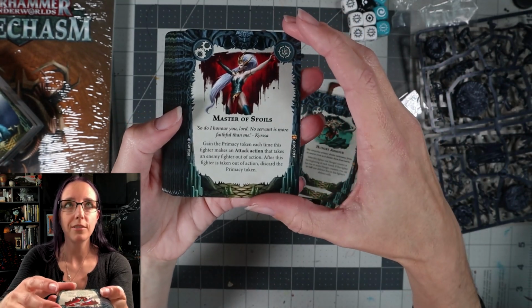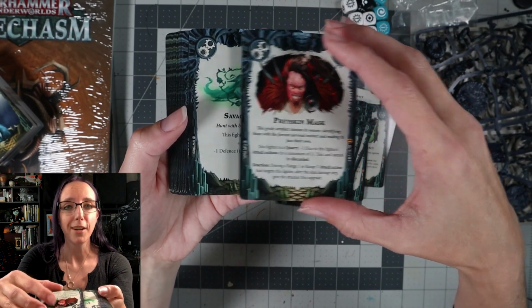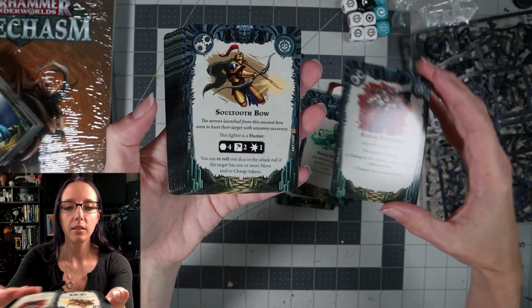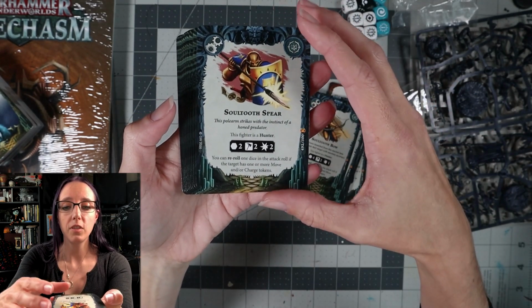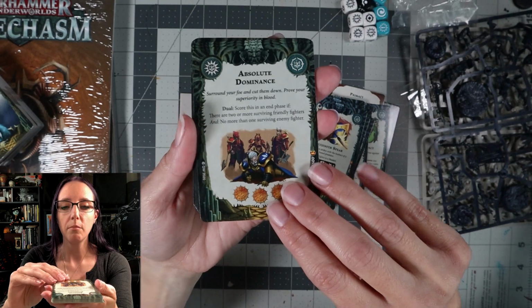Master of Spoils. Prey Skin Mask. Ooh, that's a little terrifying. Savage Speed. Savage Strength. Soul Tooth Bow. Soul Tooth Spear. Okay, so I'm not gonna keep reading the names, I'll let you guys see them, but I've realized what